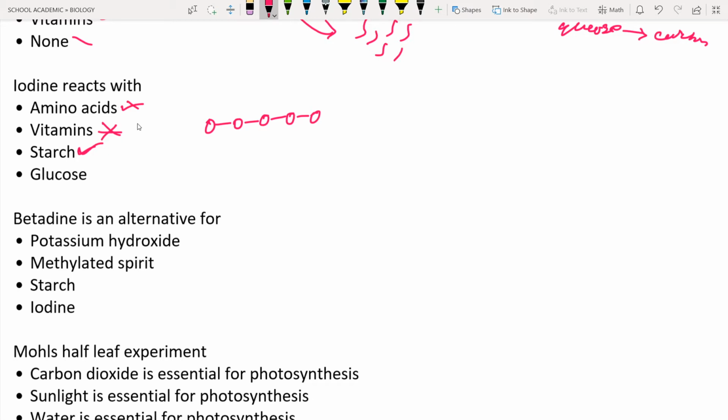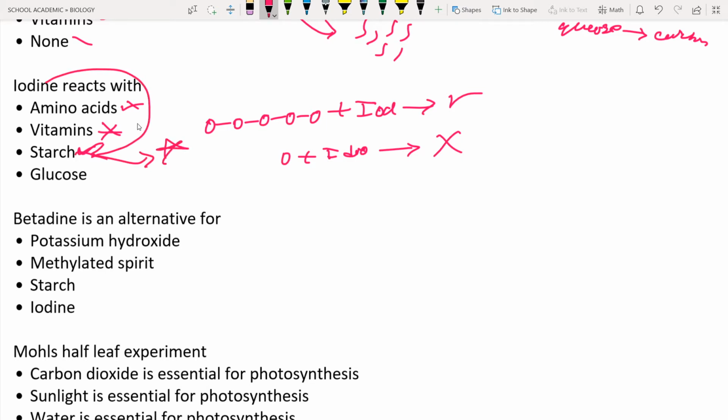And we have to go through the other option also. We have to see whether the other option is satisfying even more than this option or not. So glucose, will iodine react with the glucose molecules? Starch is going to react with iodine, but glucose molecules will not react with iodine. If you mix glucose molecules plus iodine, it is not going to show the blue black color, but starch plus iodine is going to show the blue black color. So hence you can find that iodine is going to react only with the starch. Starch is the correct option.